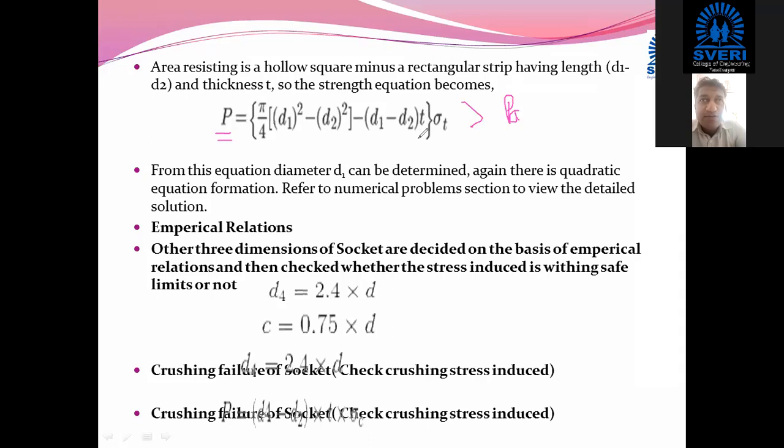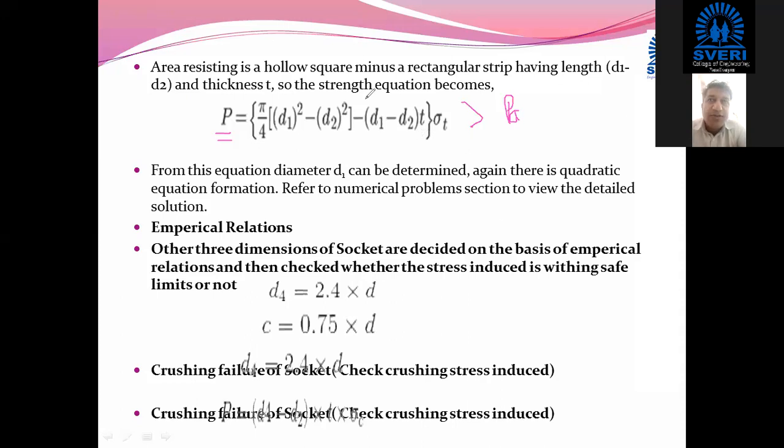Got it? So you can calculate this D1. D2 you already know, because while designing the spigot we have calculated D2. T, that is the thickness of that pin, we have also calculated, or we are going to check it later on. First we will decide the thickness, and later we will calculate it while designing the pin, where we consider the pin undergoing double shear. At that time you can check this thickness. The remaining things are known, that's why we can calculate the value of D1.